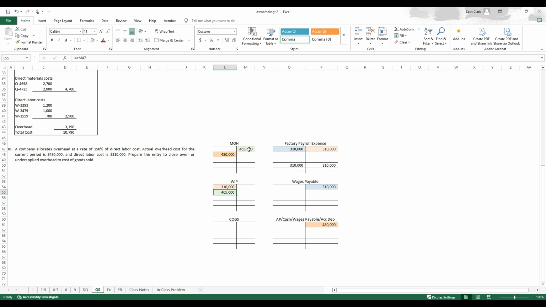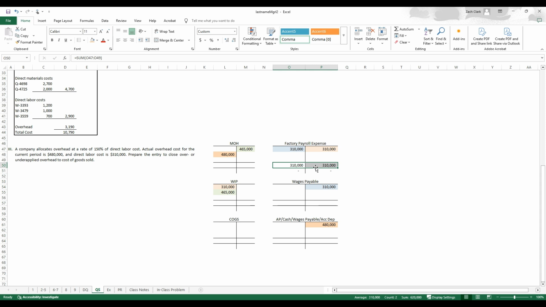And then the final piece that we want to look at is the fact that we are actually applying into WIP here. We are applying manufacturing overhead, and how we're doing that is 150% of the direct labor costs. So we take the $310,000 of direct labor costs, which is the actual direct labor cost that we know, and we're going to multiply that by 150%. So you can see the formula here. And that gives us the $465,000, with a credit to overhead and a debit to work in process. So we've moved the cost, or we've allocated a specific portion of cost using the predetermined overhead rate, of $465,000